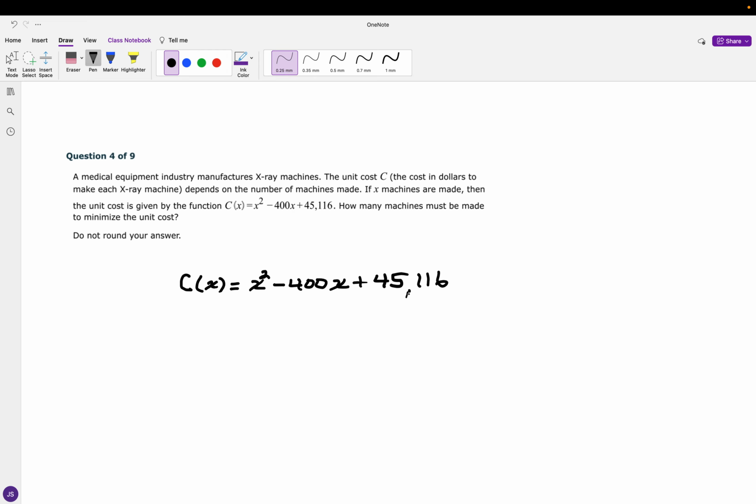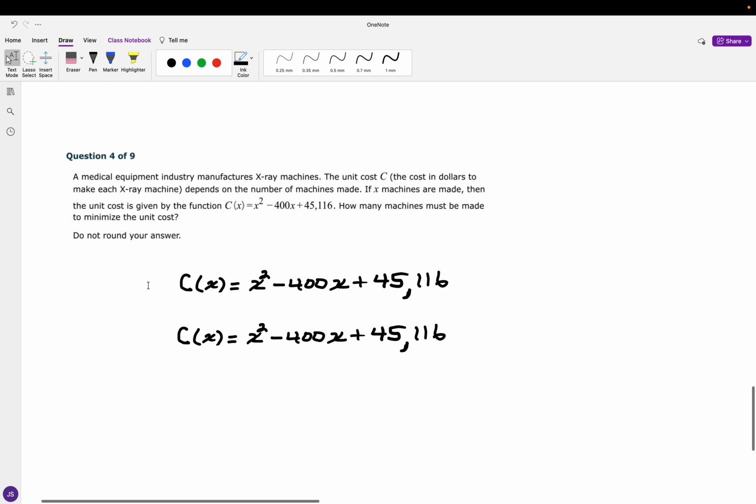In fact, I'm going to stick with the standard form and show you the pathway to getting to the vertex through the use of the coefficients of the standard form. Now we have x squared, which we have implicitly as 1x squared. Reminiscent of when we were looking at the quadratic formula and the quadratic equations, we have a equal to 1, and then for the x term coefficient we have b, and in this case we have negative 400, and for any constant that follows, that is a reference to c. So you have